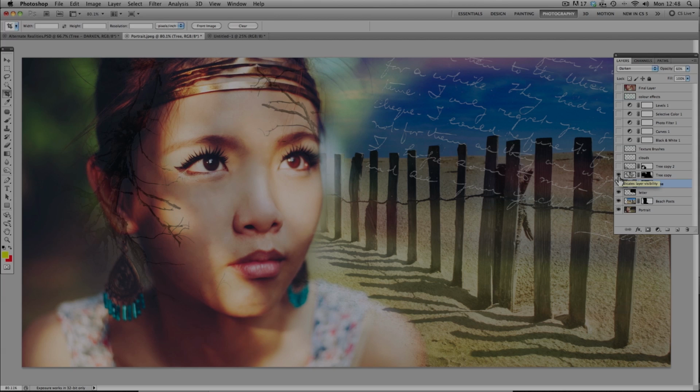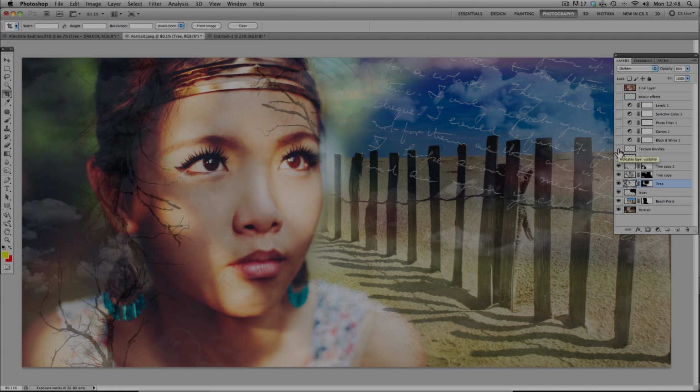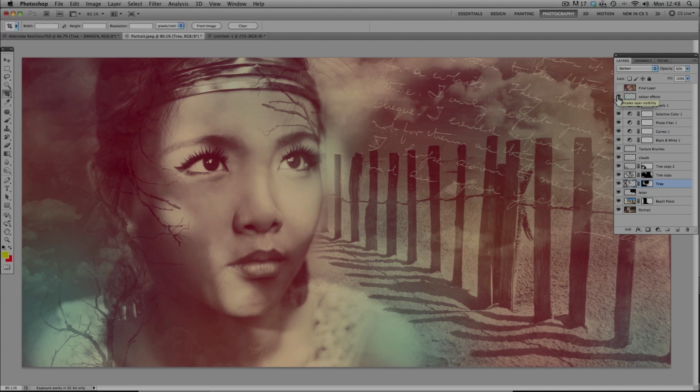Copied that layer, added it to the side of the head, copied it again, added it to the bottom, created a new layer, added some clouds, added a second new layer, added some of the textured brushes in these areas and these, made the image black and white, added some contrast, added a photo filter, did a selective curves adjustment, did a levels adjustment, and added the color effects using a brush set to color dodge, and we made the color selection here, and then we made a final stamped layer,